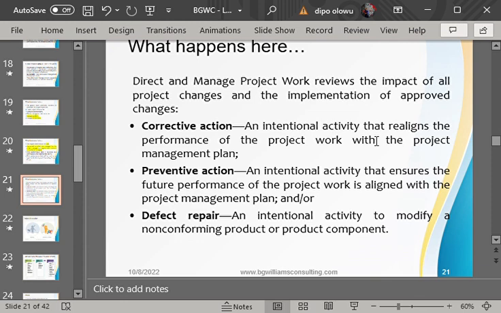So all he will do is realign the project back, because take note now, the key word is that because he has discovered an error, and it was him or the team member that discovered that error, then a corrective action has taken place. All right, take note of that. And in that case, that is very key.